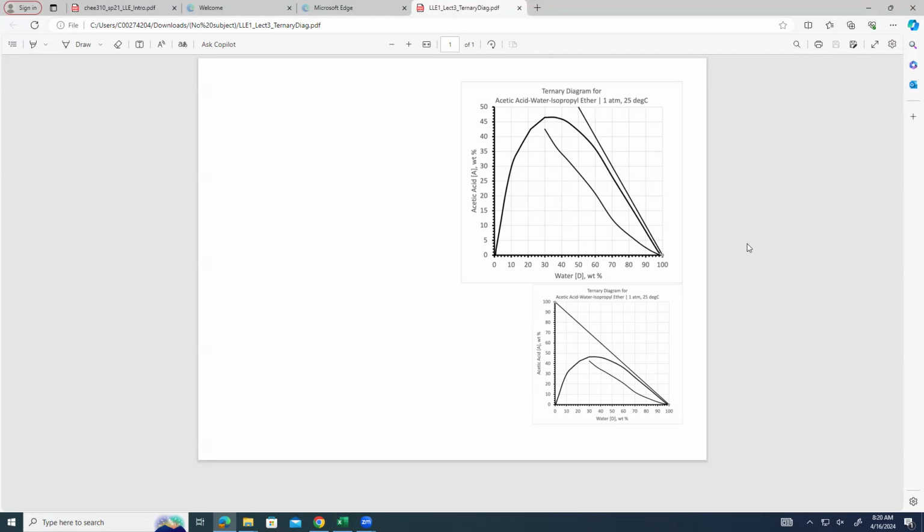And so if we don't have the points, but we want to make tie lines, what we would do is, for example,